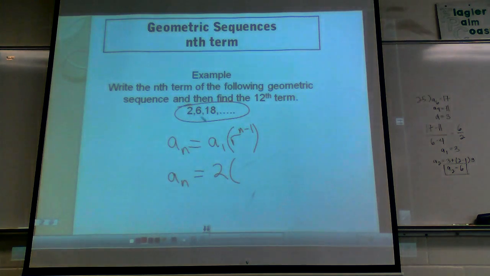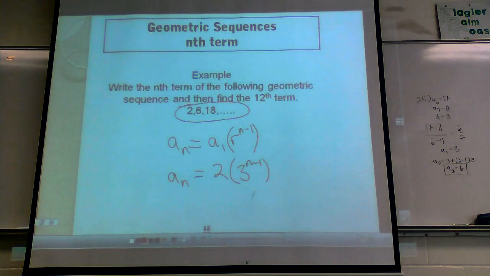Common ratio. What do you multiply by to get to the next term? 3. That'd be it. That's all you need to do for the nth term. There's no simplifying involved. Nothing you can do, actually. Okay, so you would stick right there. And then when you do the 12th term,